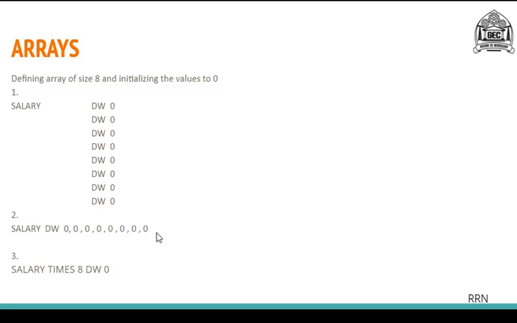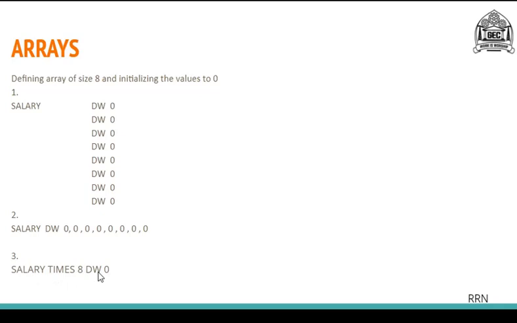The third fashion is even more abbreviated in the definition of your array. Here we have used the user-defined name of the array, salary, and since we need to define 8 items, we have used the times function, which will create 8 instances and initialize 0 to those 8 instances.